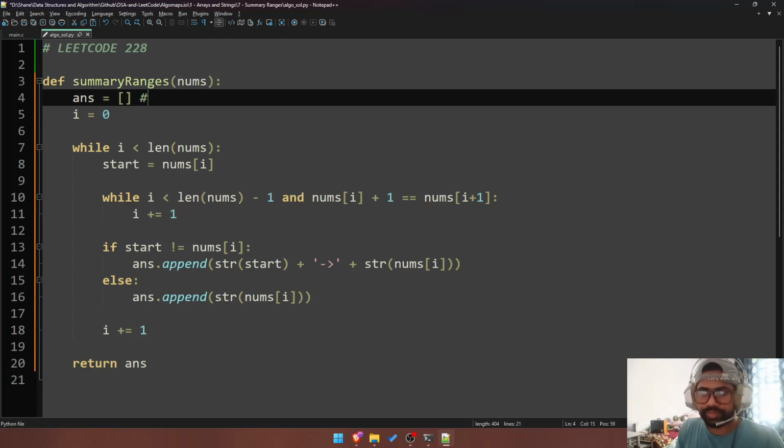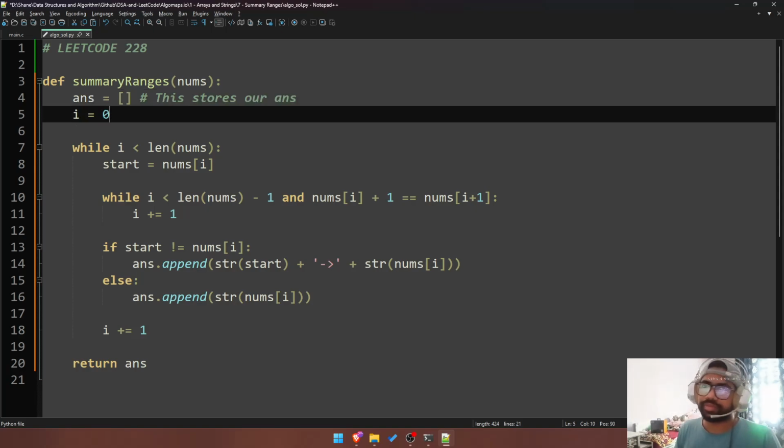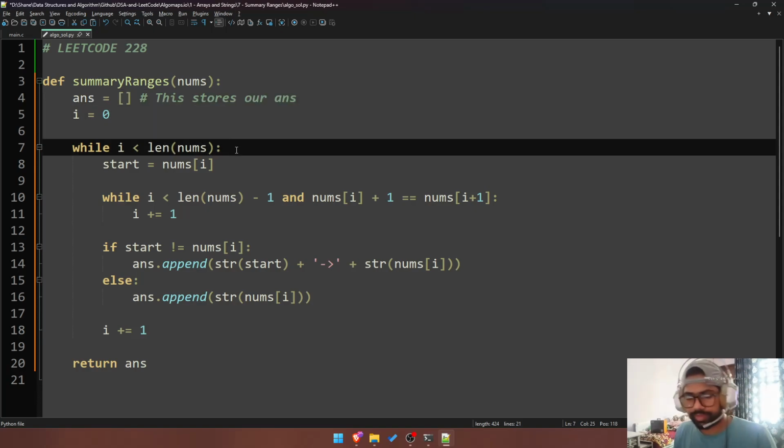Okay, so this shows our answer. Protecting from index out of bound,